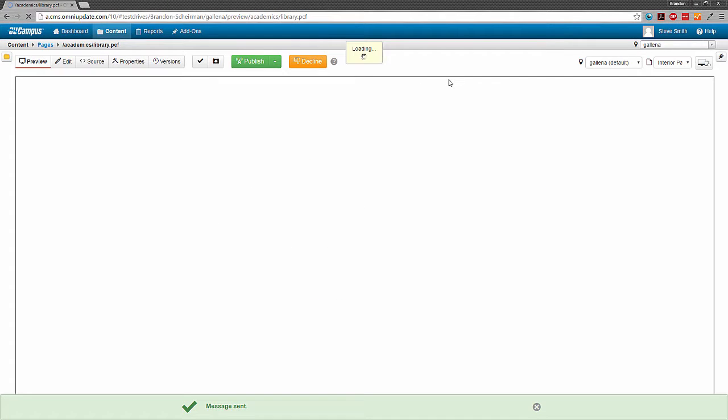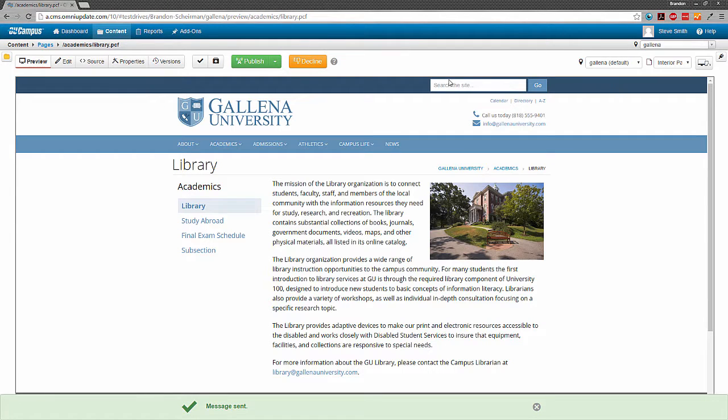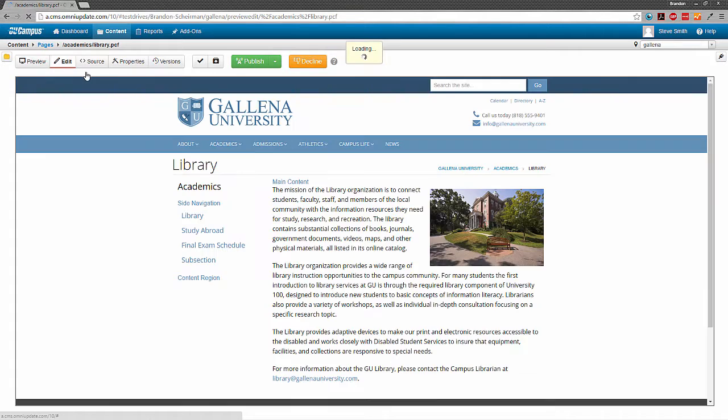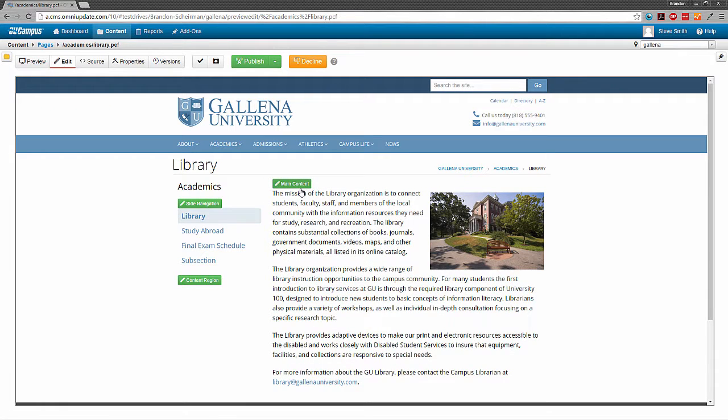When I travel to the page, the first thing you'll notice is that the screen basically looks the same as if I were just editing the page outside of a workflow. Even though I'm mainly here to approve or decline the page, I can still make edits to the page, adjust page properties, and do all the other things that I could to any other page that's checked out to me. Just because I'm an approver doesn't mean I lose those abilities.